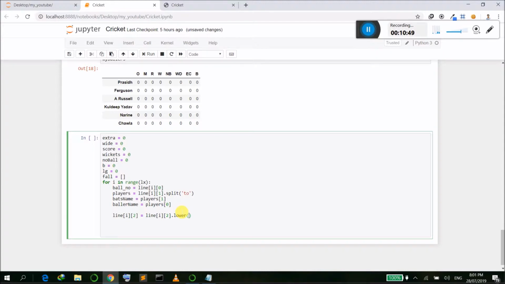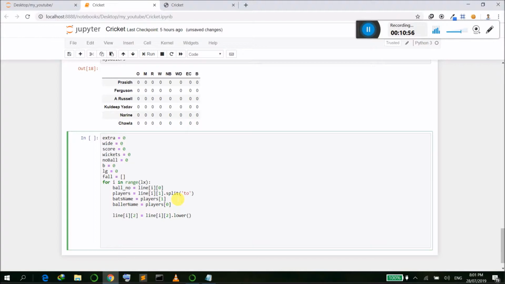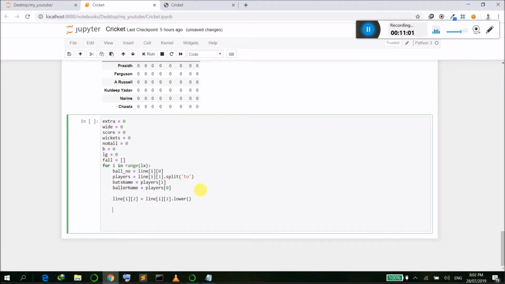So all those things that 1 and 4 6 are got out, it will be in lowercase. So let's just update a data frame. Let's say if ball is wide, so if line dot to value is equals to wide,